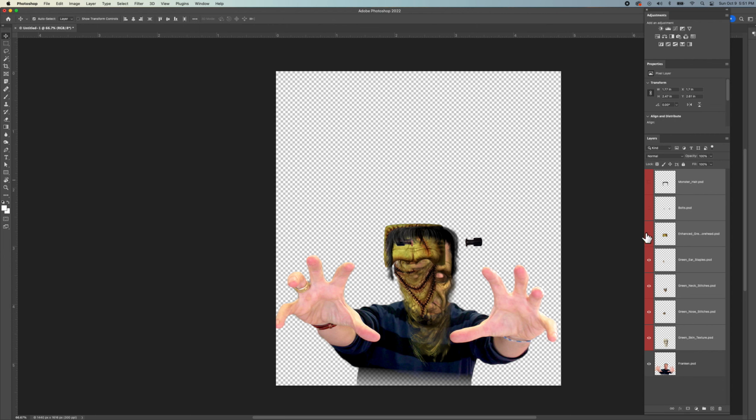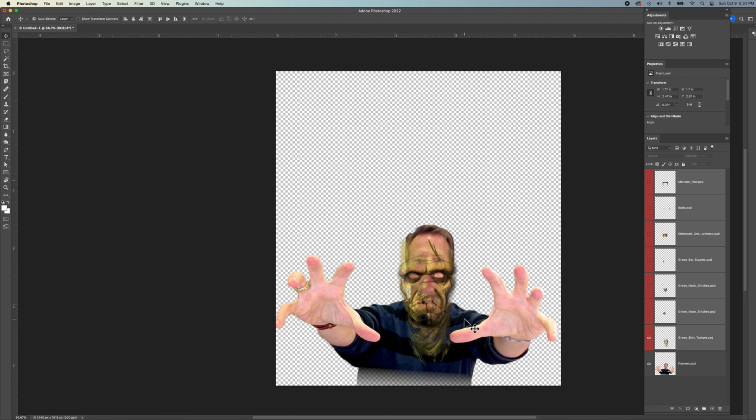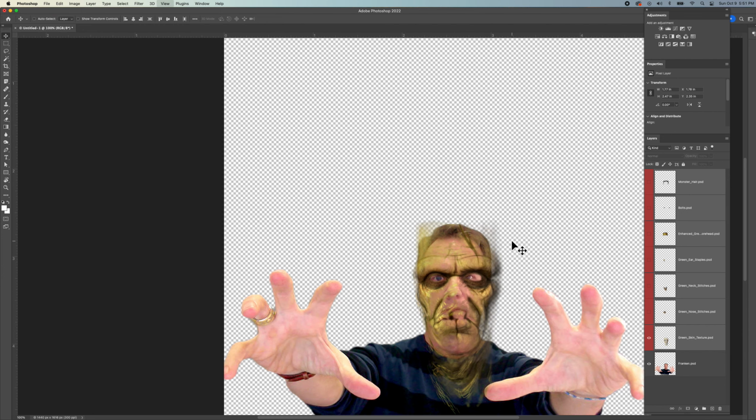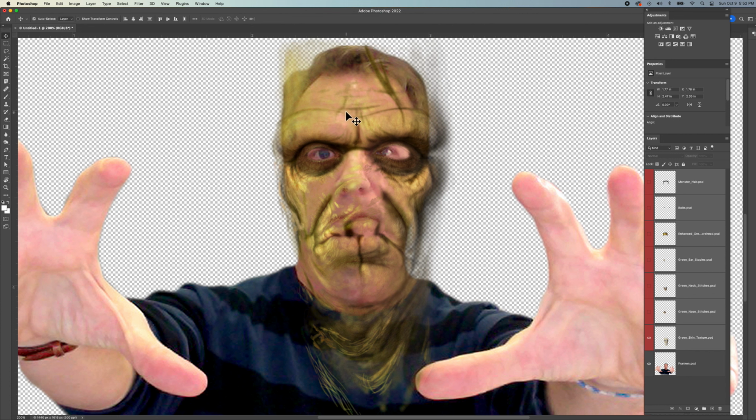Then I'm going to turn everything off and work on the green skin texture and the Franken layer. So I'm going to put the green skin over him, and I'm going to zoom in using Command plus to adjust the green skin. Select the green skin and then go to Edit,